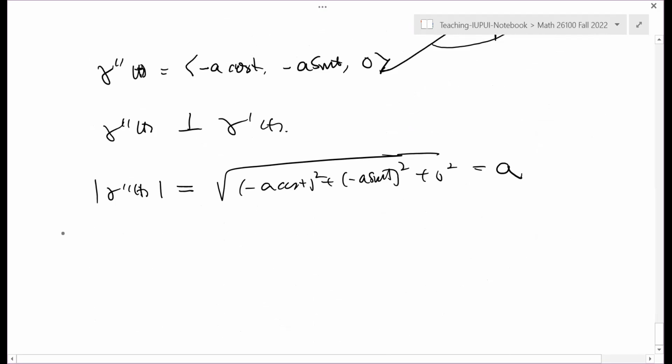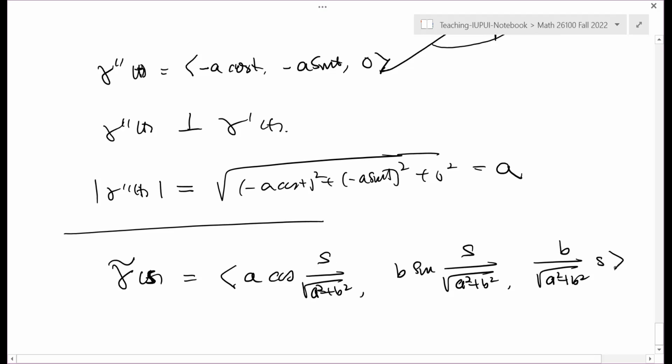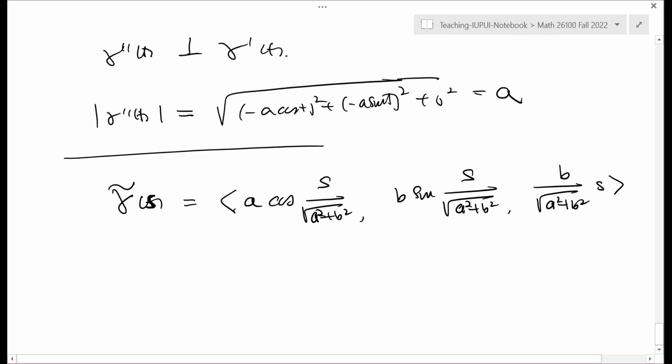So I'm going to start with gamma, I use gamma of a new parameter S. This can be A cosine of S over the square root of A squared plus B squared, A sine of S over the same, and B S over the same. If you use this, you get the same object in space, but